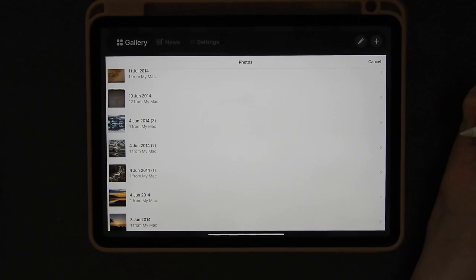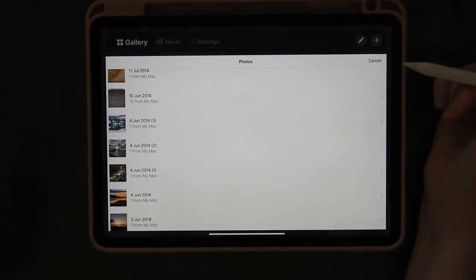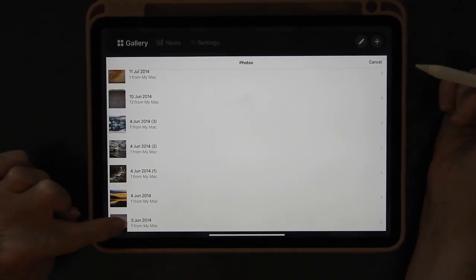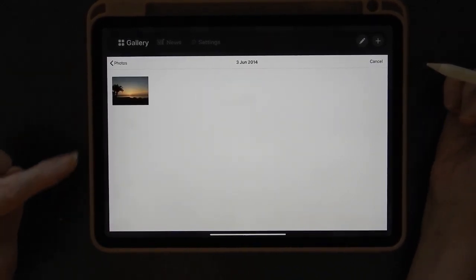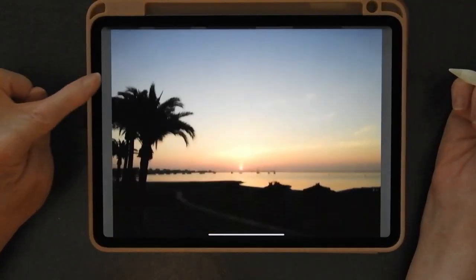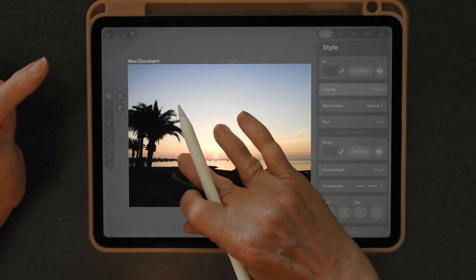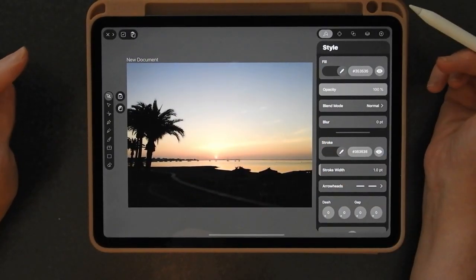They've put a whole raft of improvements in, and one of the things they have introduced is a trace function. So I'm going to import a photograph, which is this one here, and tap on it to import it. There we go. I'm just going to downsize it so that I can see everything I want to be able